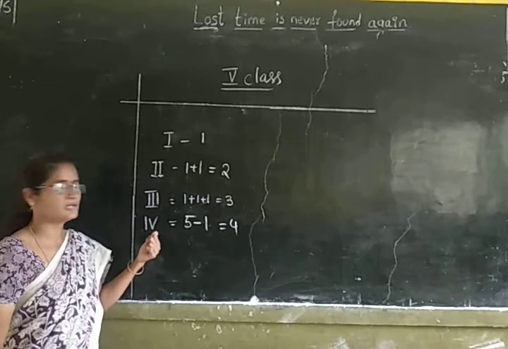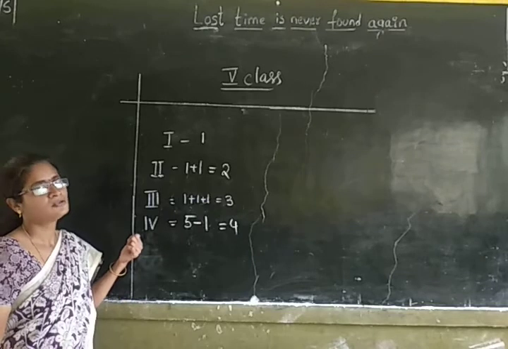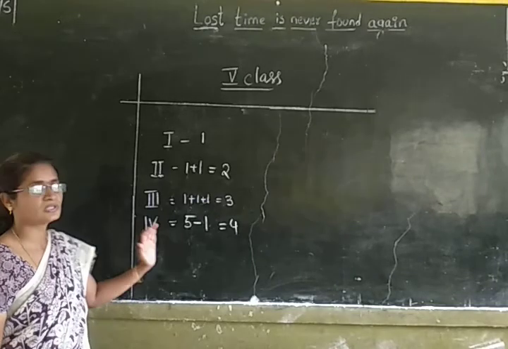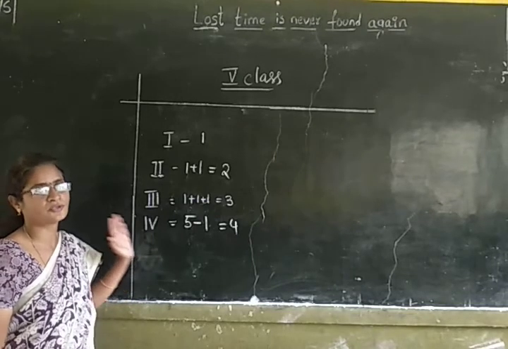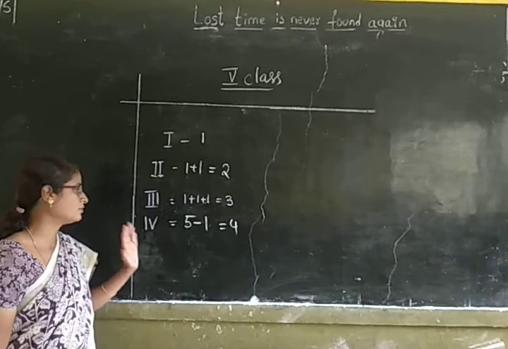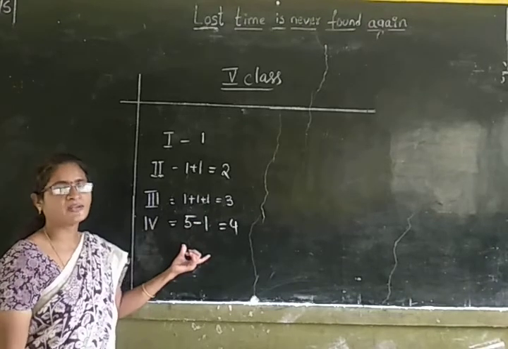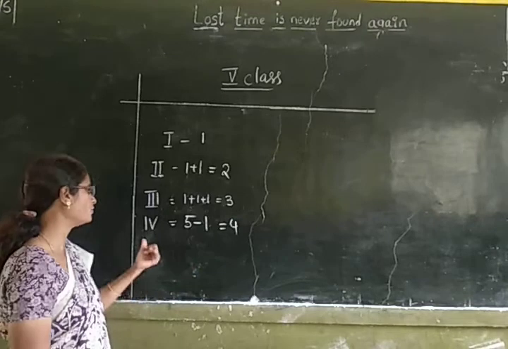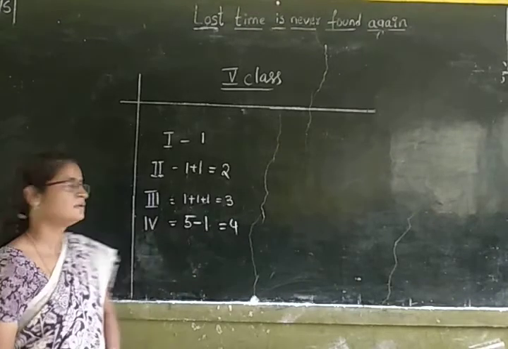So V is a bigger Roman numeral and I is a smaller Roman numeral. I is to the left side of the bigger Roman numeral. So what you have to do? You have to do subtraction. I have explained it in the last class, isn't it? So you have to do subtraction. Then you will be getting 4.